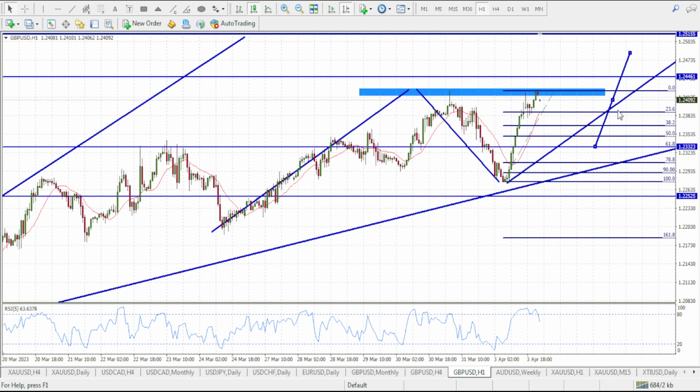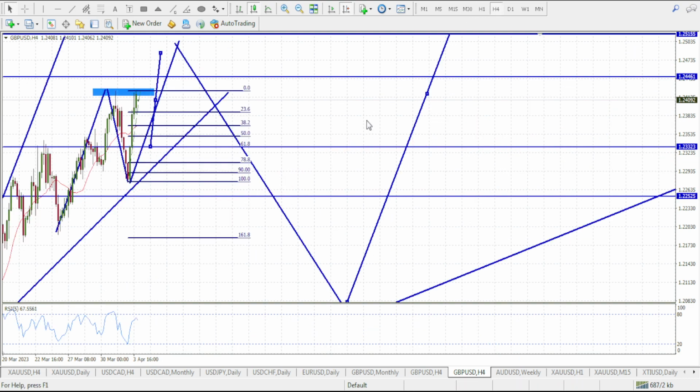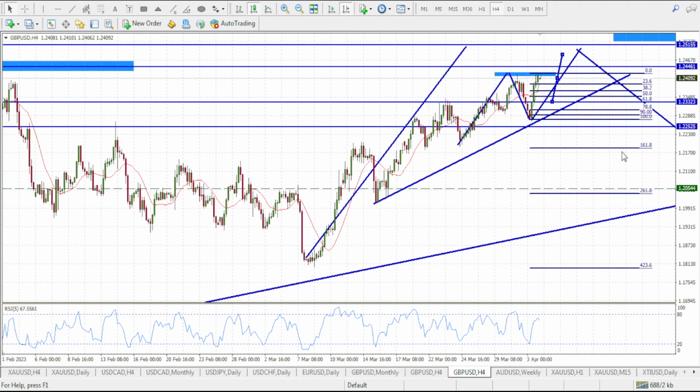So my friends, this is a little bit about this present market of the pound dollar. I hope you will understand these concepts which I have decided to teach you, and to provide information about those things. Obviously, with these patterns, it's not very easy to identify the proper direction of the market, but with the passage of time, you will be getting better, better, better. But my friends, obviously, like